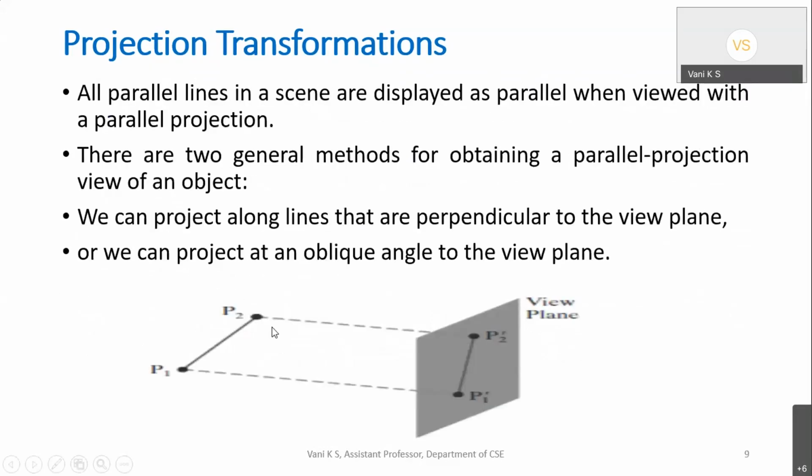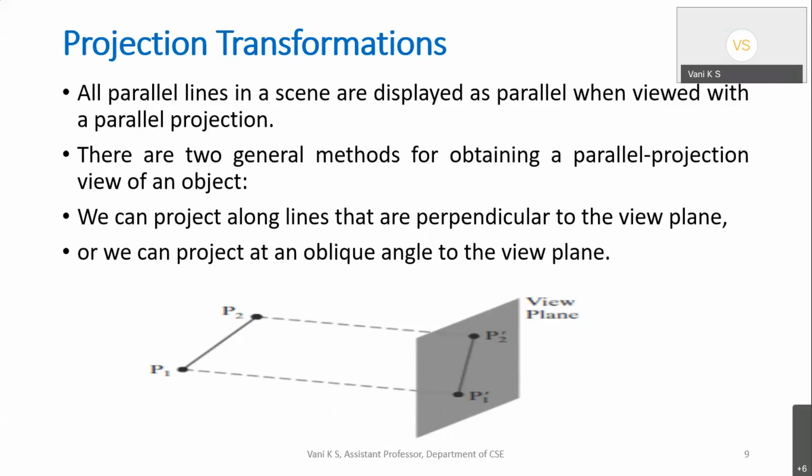This is the example as I told. See, these two are the parallel lines here. This is an object. As of now, it is a line. Let us consider this as a 3D object. So it is transformed or projected onto a 2D plane or some output device. Maybe let us call it a screen, the computer screen. So the 3D object is transformed to the 2D screen on parallel lines. These two lines are parallel. So this we call parallel projection.